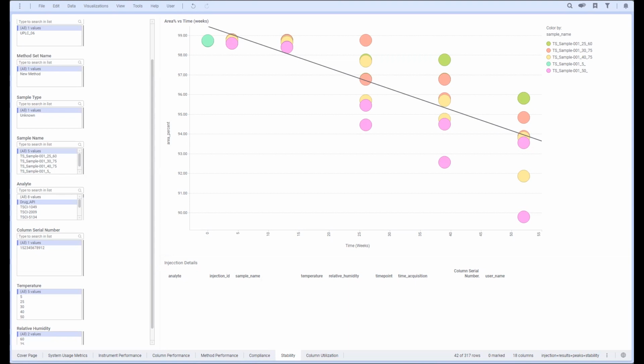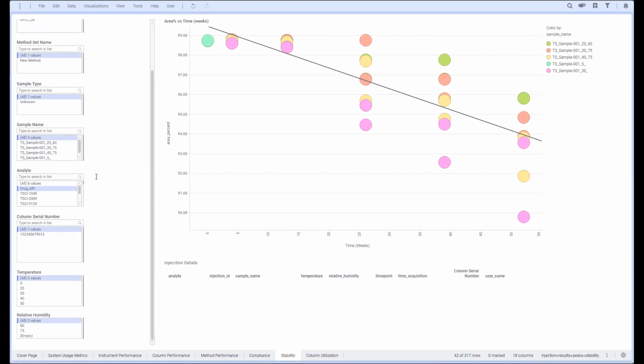The example dashboard here shows a set of analyses performed over the course of a few months. It's important to have metadata such as time points, temperature, and humidity to properly aggregate the data. By convention, the metadata is encoded in the sample names. This makes it easier for us to parse those parameters and use them for filters in the visualization. To focus the chart on the active ingredient, simply select the component from the analyte filter. In this example, we'll select the analyte called